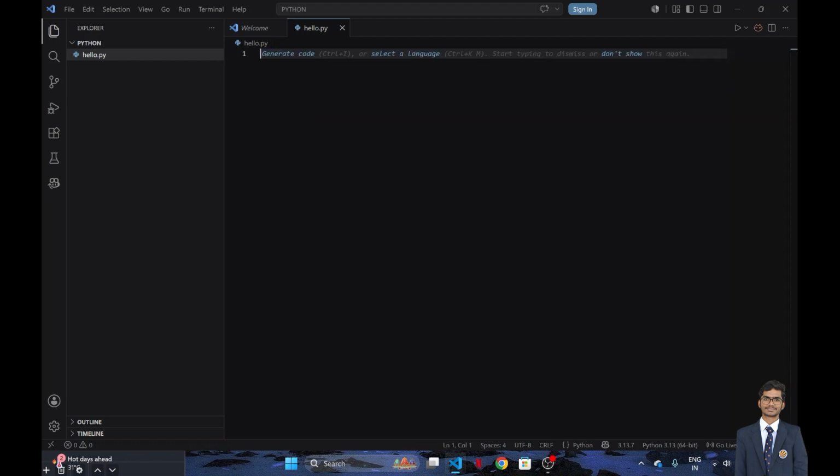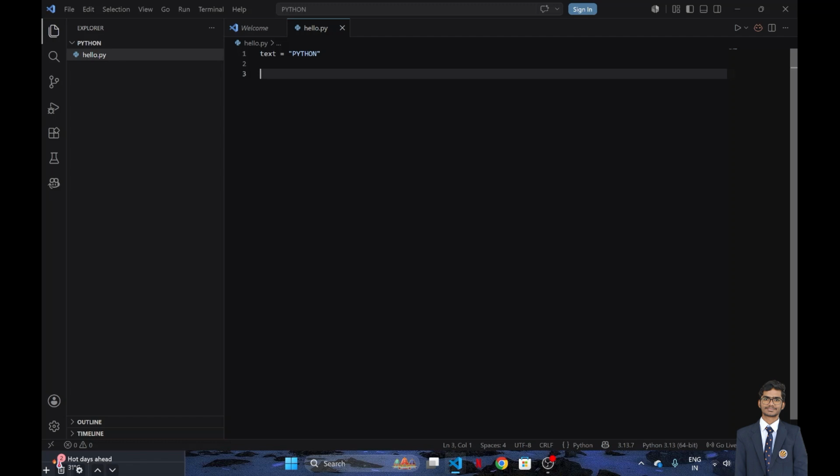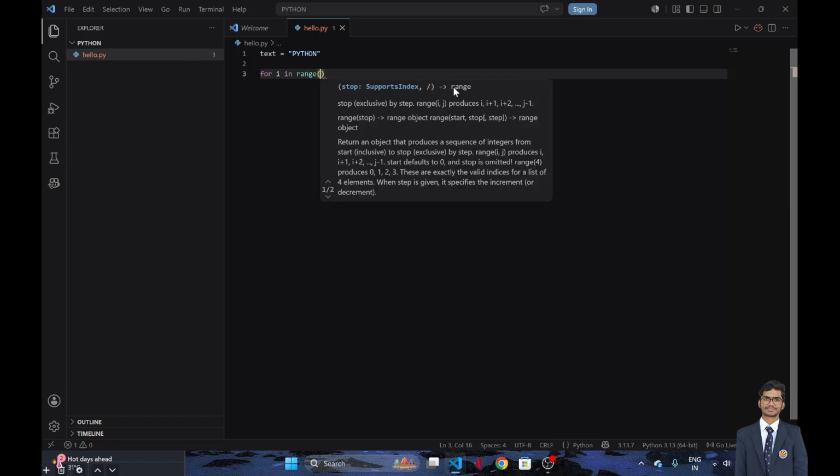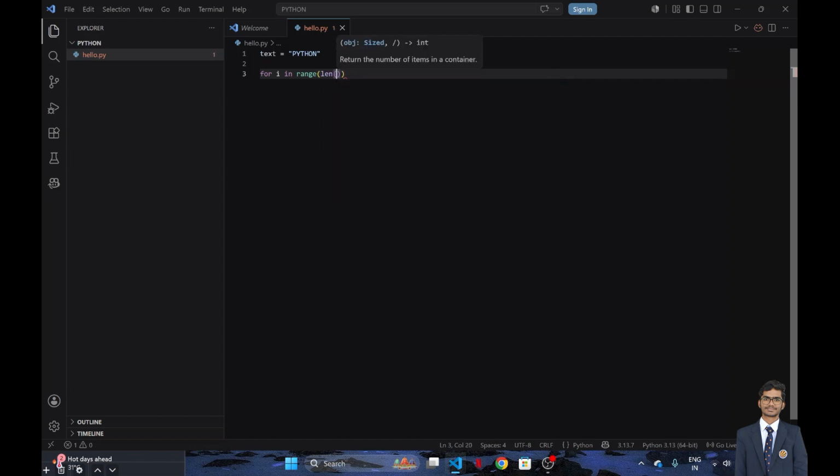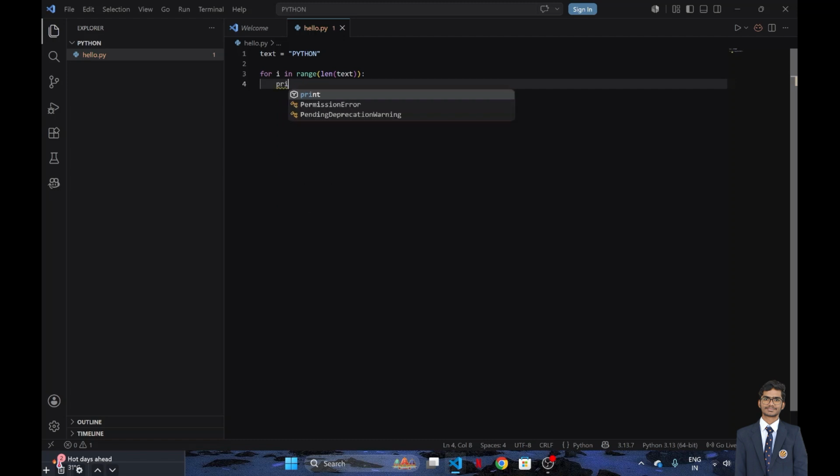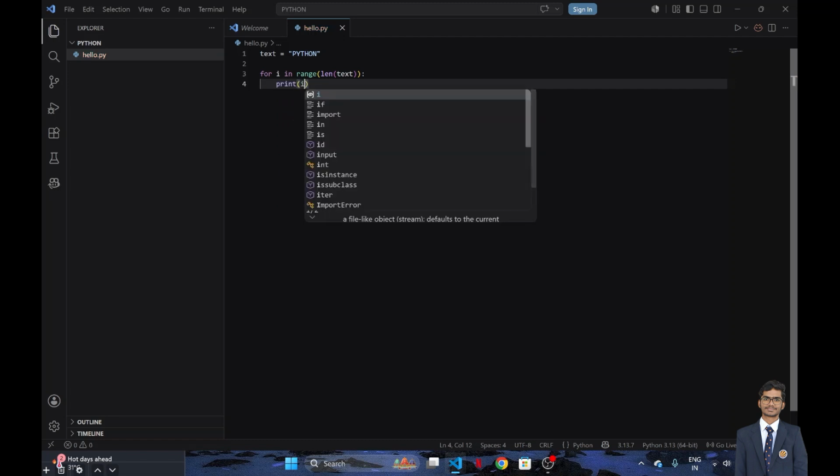Now we are going to write a program to print characters with their index. text = "Python", for i in range(len(text)): print(i,